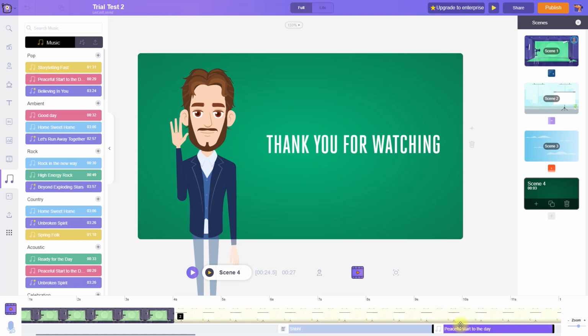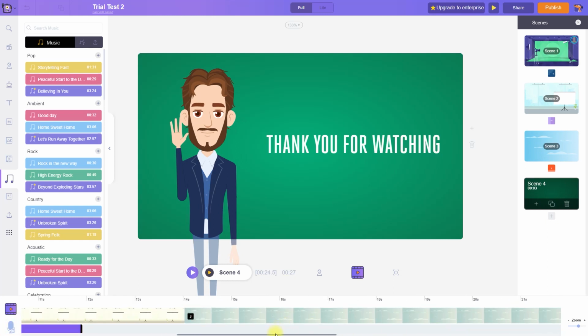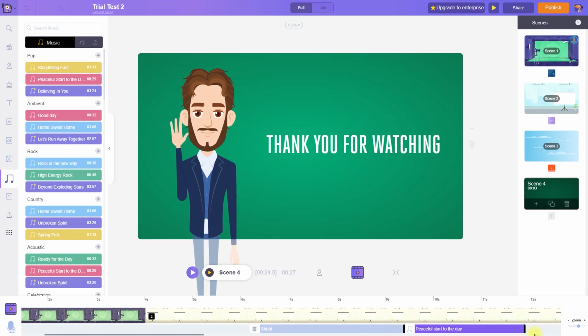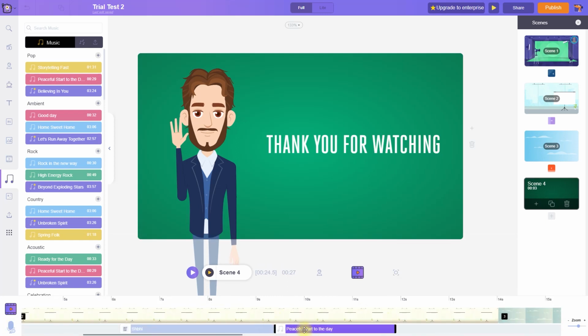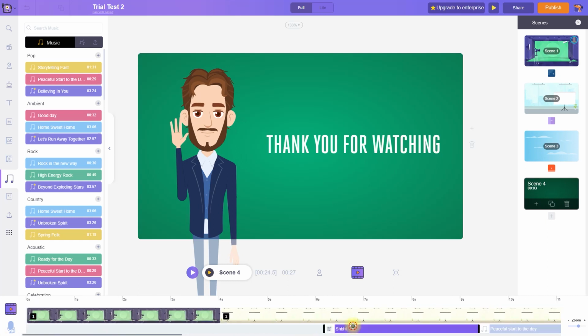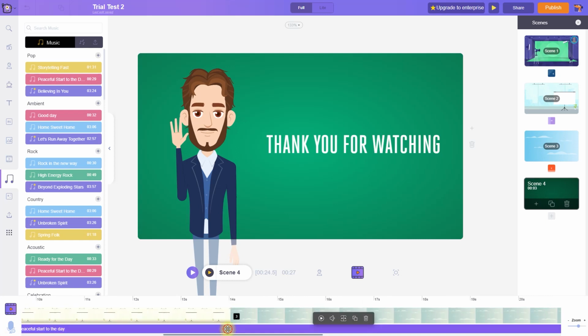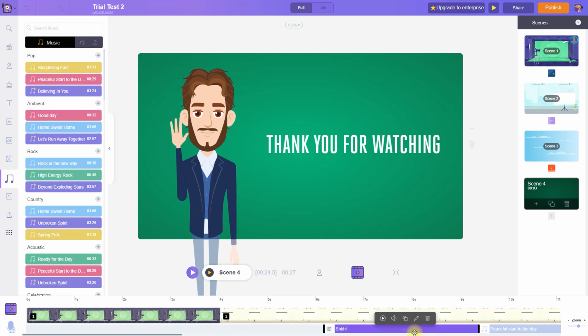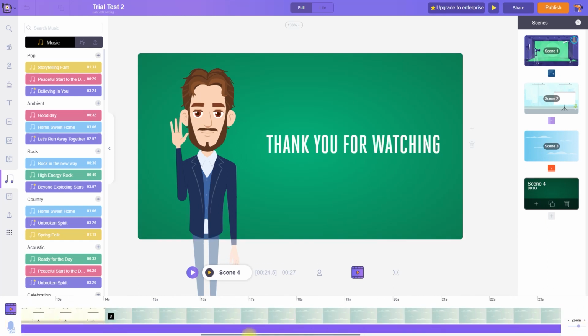This is so frustrating because I want this music to play throughout the video, but because of this text to speech I am not able to add it. I think there is only one layer of voiceover. Either we can choose a music or a sound effect. I don't know exactly. Maybe I am not able to work it out properly. I think we should delete the text to speech because we are not able to get the whole music throughout the video. Music is really essential. So let's delete this and get our music throughout the video.